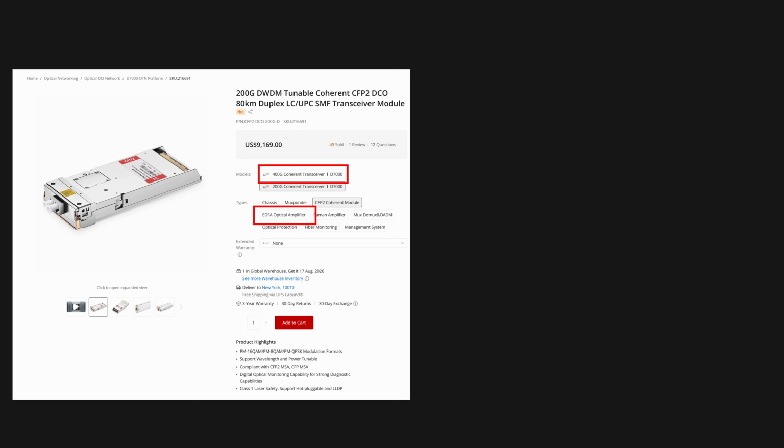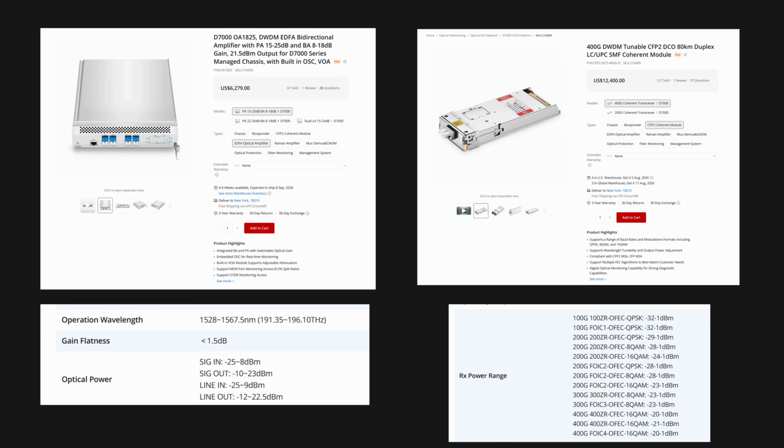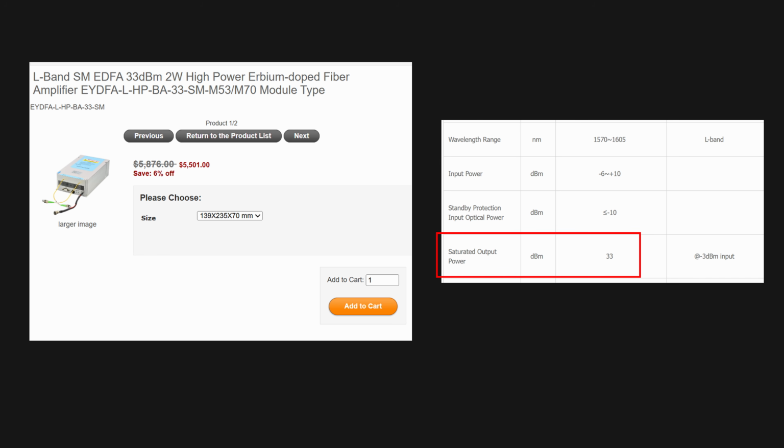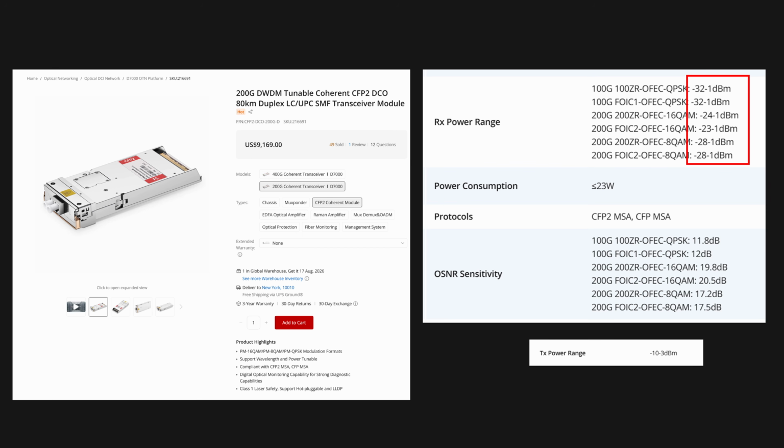The same webpage has a 400 gigabit transceiver and an erbium-doped fiber amplifier, and it is not hard to find optical amplifiers of 2 watts or higher online. So it is safe to assume that Starlink V2 and V3 use similar coherent optical transceivers paired with their custom optics, pointing and control system, and networking protocol. Beyond that, there is not much to go off for further reverse engineering, so let's move on to space-Earth laser